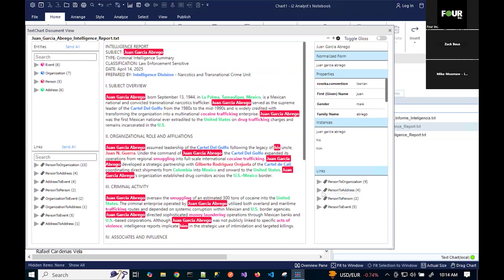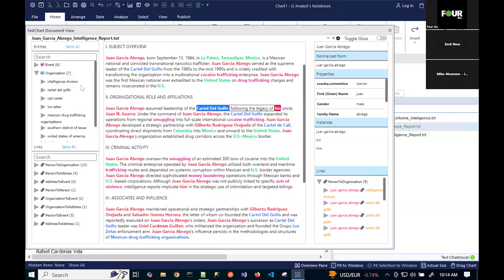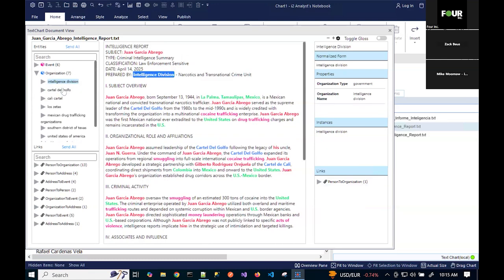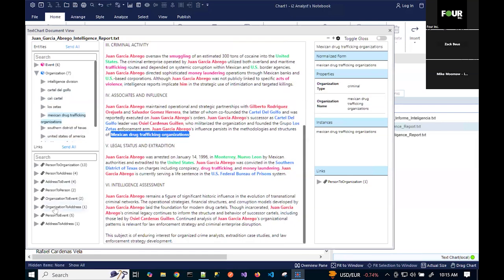So if I go ahead and look down the baseball card view, I can also see the links that were extracted. If I click on person to organization, I can see the places where he's linked. If I click on them, I can see the links that were extracted as well. If I go back here just a second, I can also see all the organizations, all the people, all the addresses and all the events that were extracted, and I can click on them and see them in the document as well. You can also see all the links in the document. So if we go back to Juan Garcia,